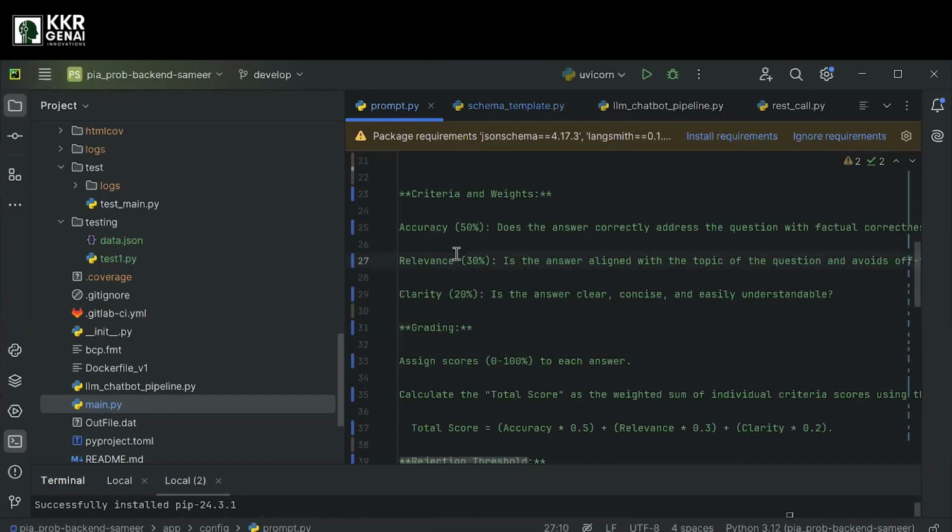I have not written any program here, I'm just giving the instruction on how my expected results should be available. Okay, so this is the difference between general machine learning or deep learning compared to generative AI.